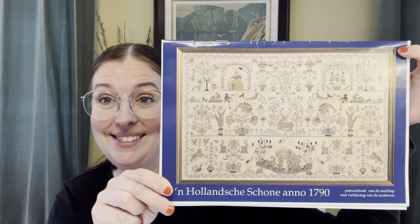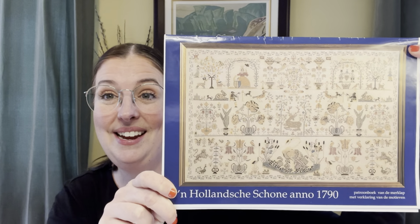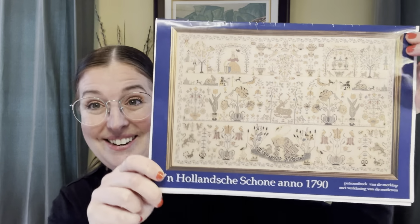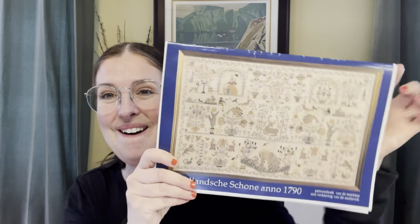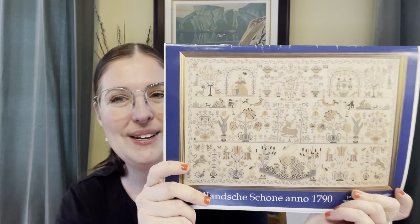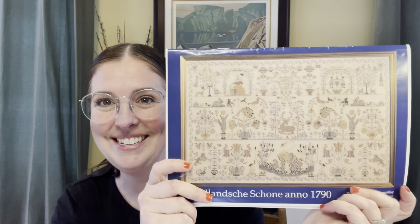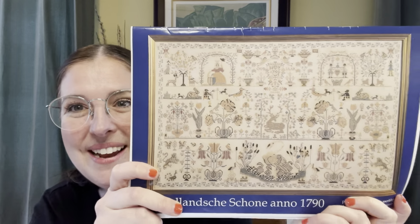I'm gonna call this a legacy stitch as well. Legacy meaning this might take me 5 to 10 years to do. This is no joke. Whenever I post on Instagram or talk about Dutch Beauty, there's always a comment from somebody saying, oh, I started that one 10 years ago and it's collecting dust, because it's such a